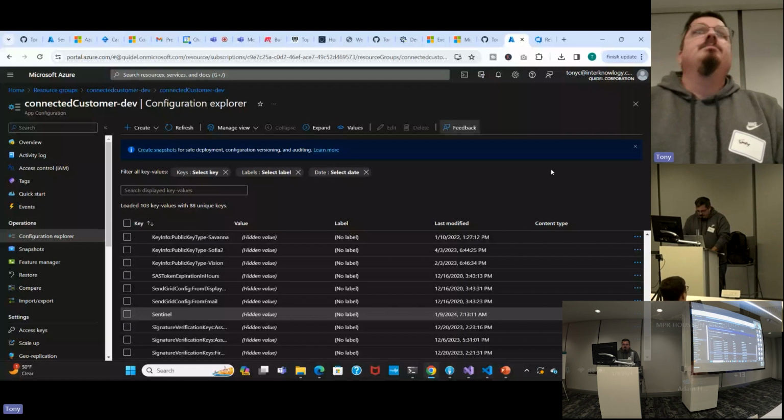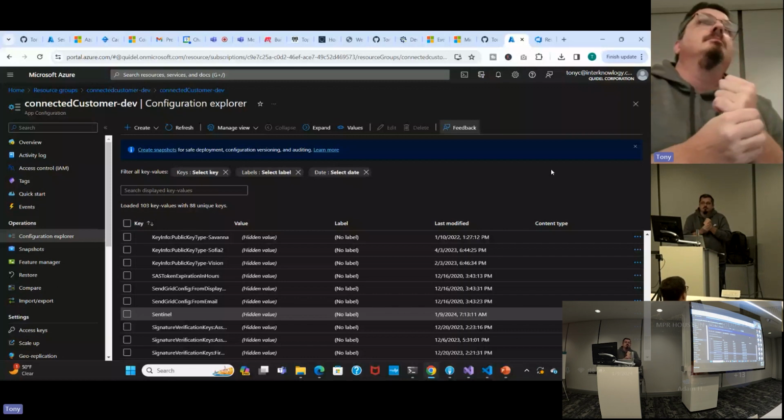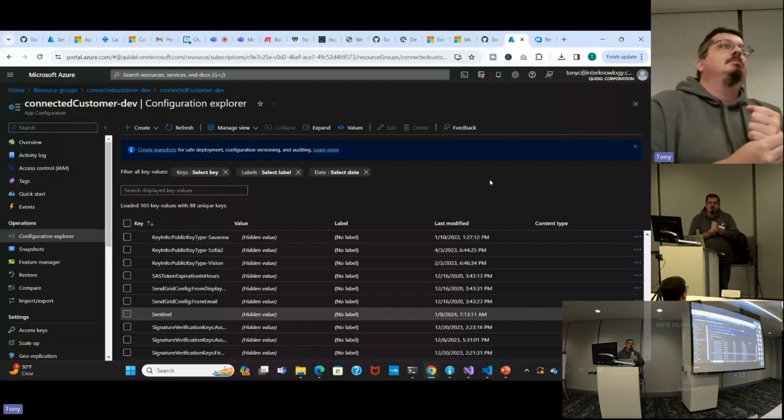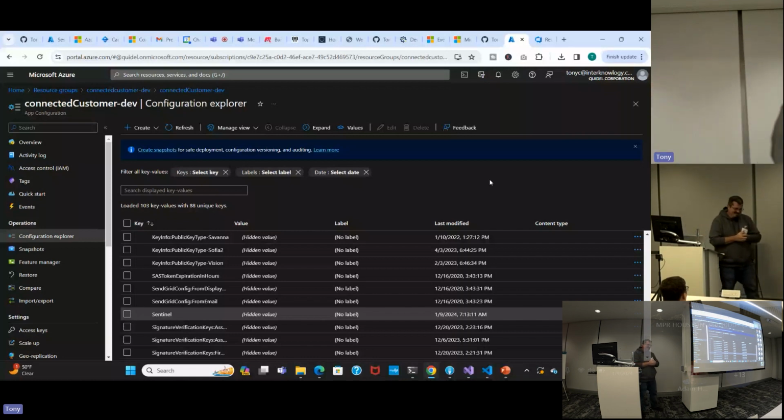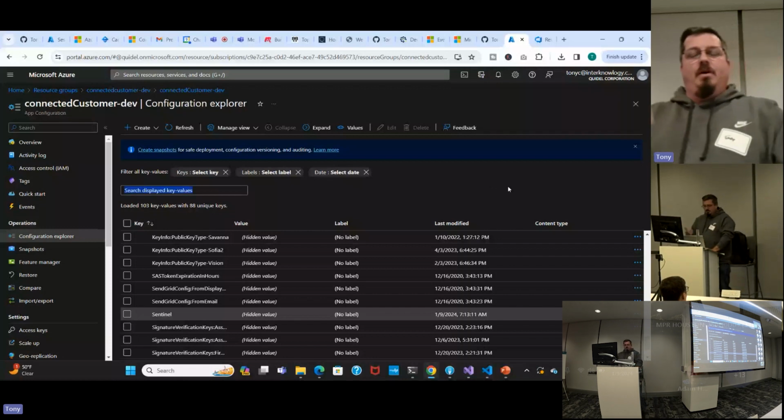Well, shouldn't you just write an app to do that for the ones you want to change? You should, yeah. You write an app to change the value. You could. If I told you how many little utility apps you already had for this blasted thing. So, in this particular case, this is one of our other